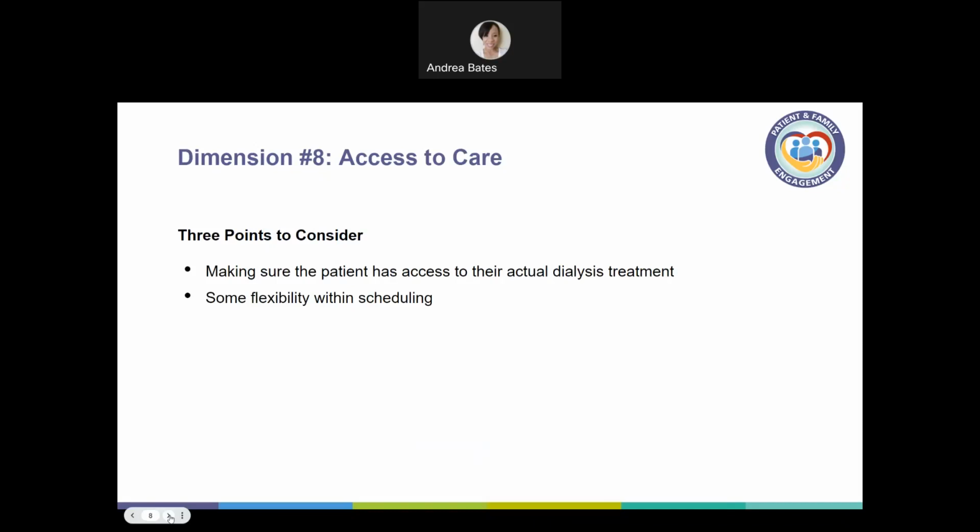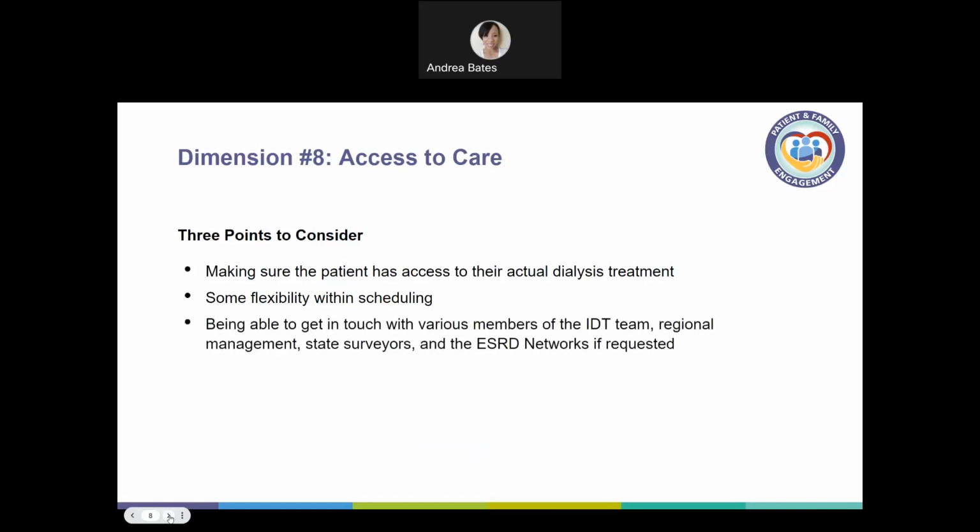Well, they don't know that we're set up in pods and we have a certain ratio of techs to patients. There could also be staffing issues, as we've all come up against. But look for some flexibility and see if the patient can be accommodated, and follow up with that patient on whether it can or not. And lastly, being able to get in touch with various members of the IDT team, regional management, state surveyors,